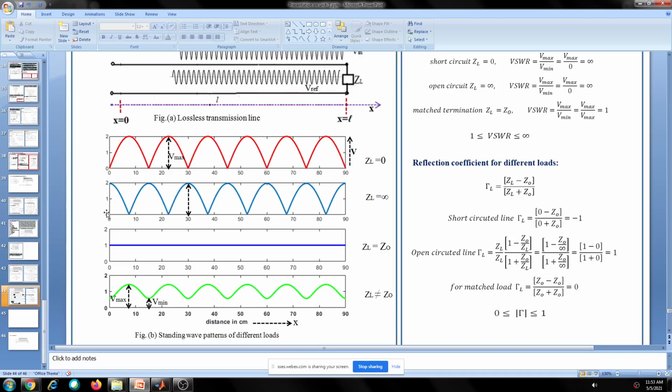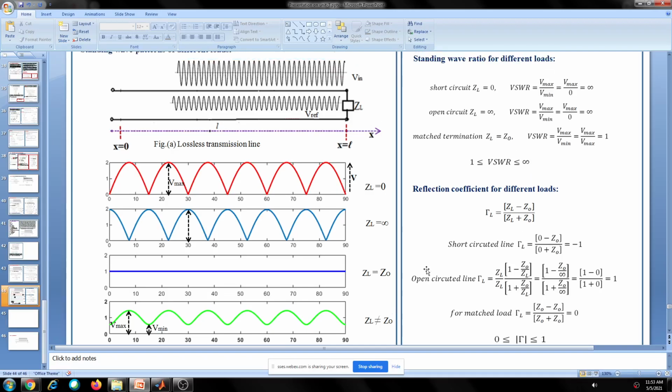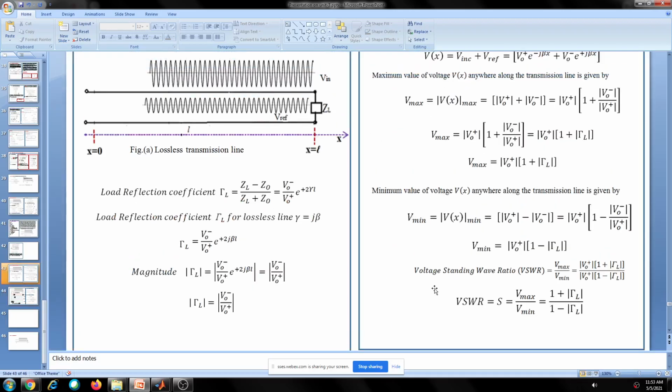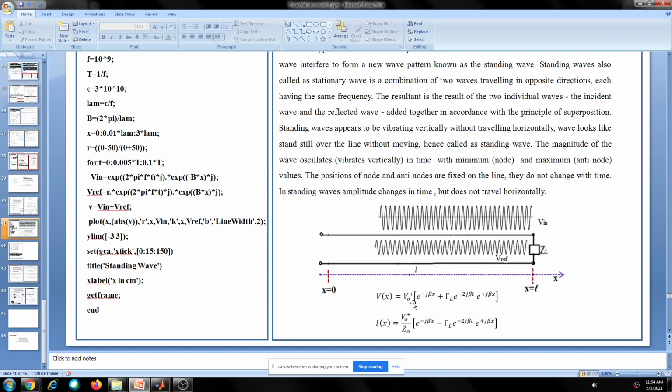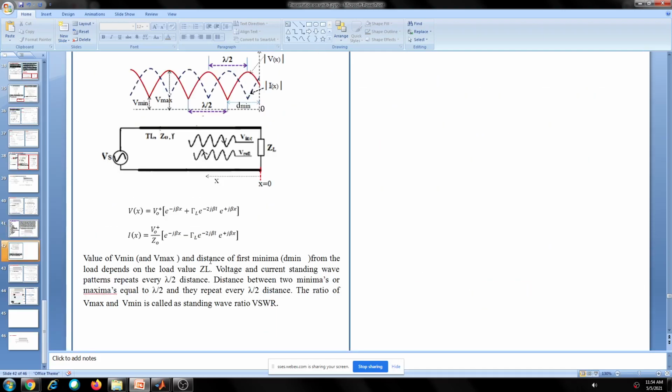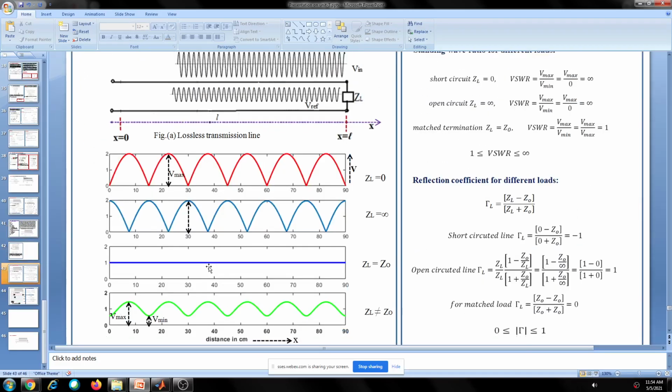This is 0, 1, 2. Because I took the magnitude of the signal as 1, the maximum amplitude is 2, the addition of the two waves. Here we took the two waves. One has maximum amplitude of 1, and the other is also taking maximum amplitude of 1. So 1 plus 1 is 2 at a maximum point. Maxima is 2 and minima is 0 here.